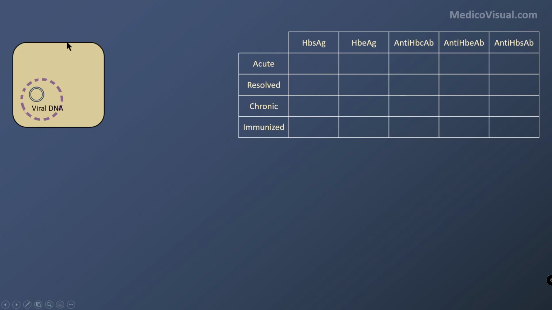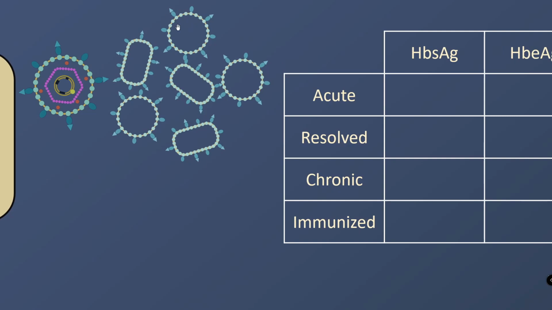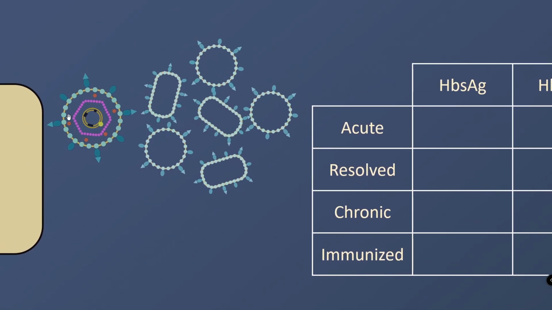So let's suppose this is a hepatitis B virus infected hepatocyte, and this is continuously producing surface antigens, the subviral particles, hepatitis B subviral non-infectious particles, as well as the actual virus. These subviral particles, I have discussed in detail in the lecture on the life cycle or replicative cycle of hepatitis B. They are composed of surface antigen only, surface antigen that is embedded into the envelope, that is embedded into the membrane, right?